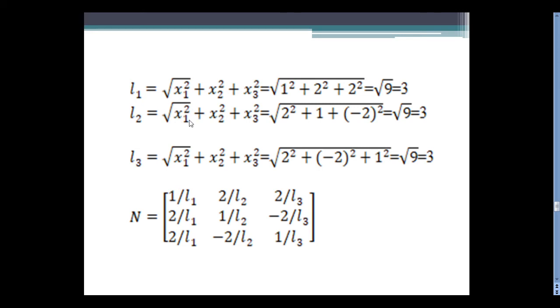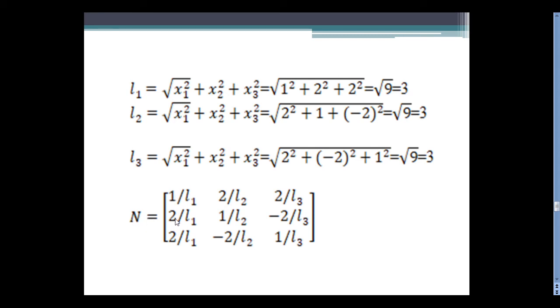L2 is from the second eigenvector, I am finding L2. Square root of x1 square plus x2 square plus x3 square, we get square root of 2 square plus 1 square plus minus 2 square, we get 3. L3 also we are taking from the third eigenvector. We get 3. So after getting L1, L2, L3, we form the normalized modal matrix N is equal to